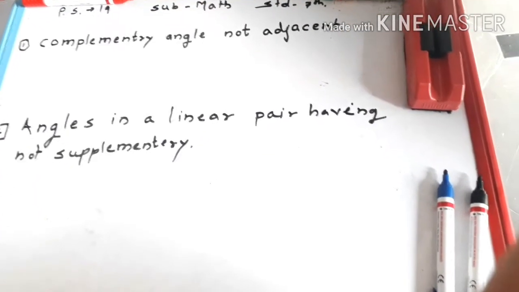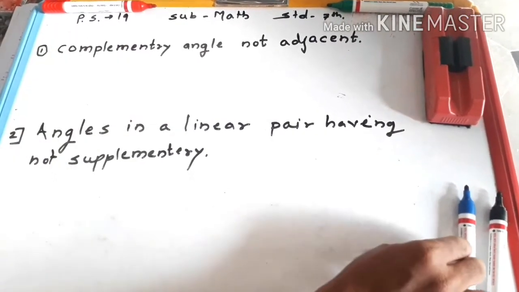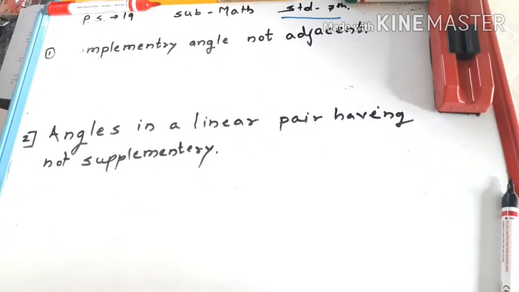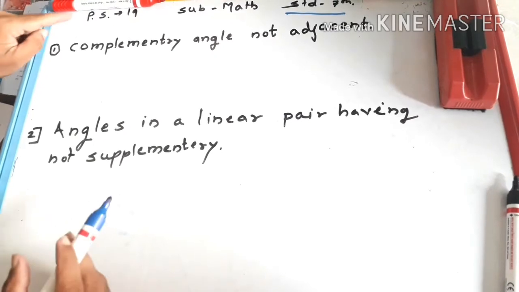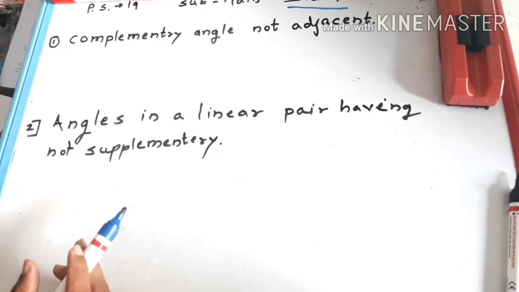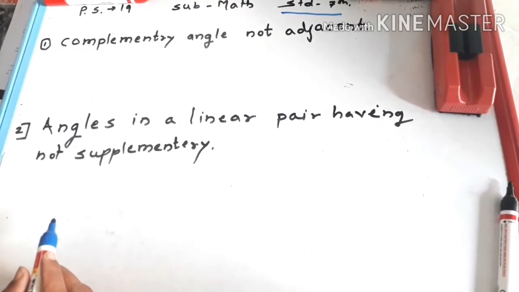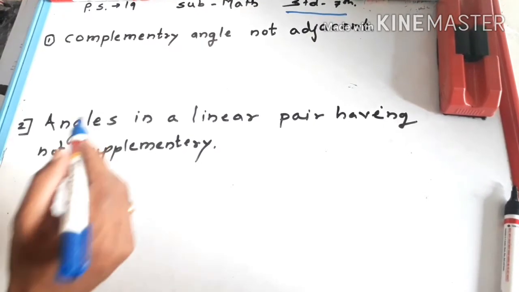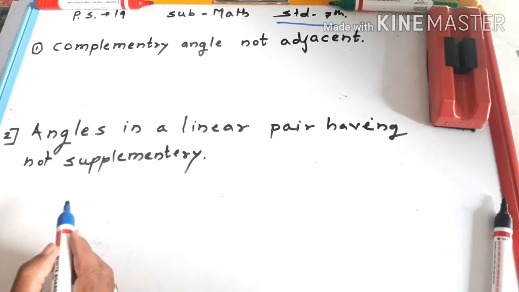Again, my amazing and simplest subject, math, practice set 19, standard 7. Open your books and see page number 29. There is practice set 19, and it tells us one sentence, and according to that sentence, we draw a figure. So, some examples I have taken here. That is a very short example.